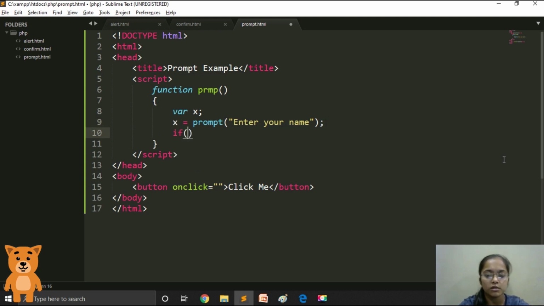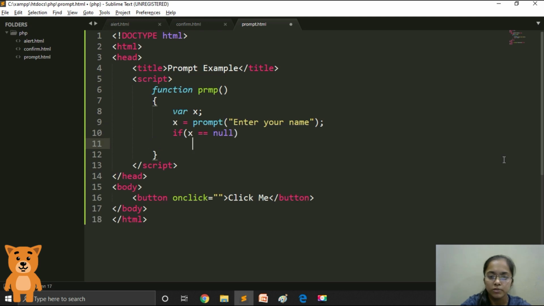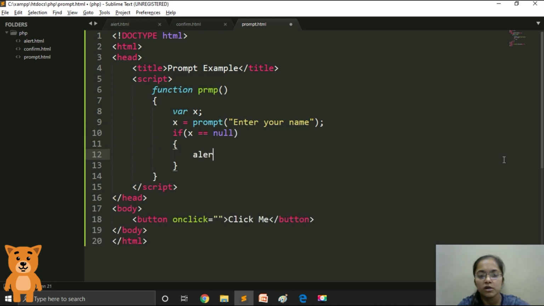So for that an if condition will be used: if, then the name of the variable, that is x, if x equal to null, then we have to alert the message that you cancelled, or we can say you clicked on cancel button.